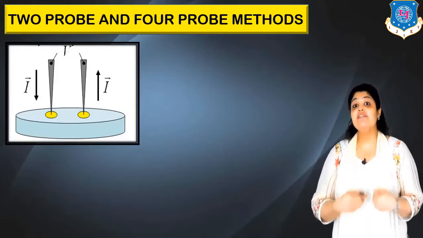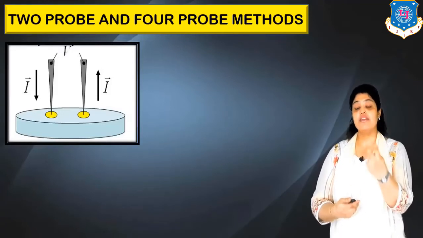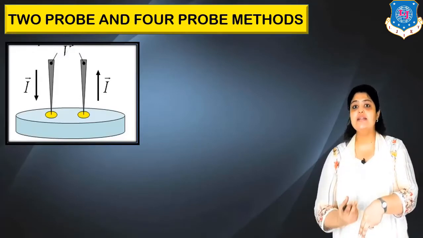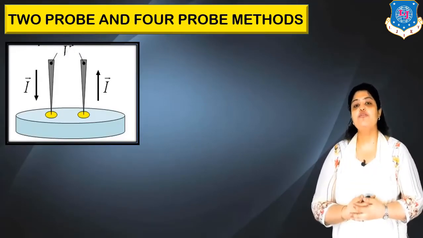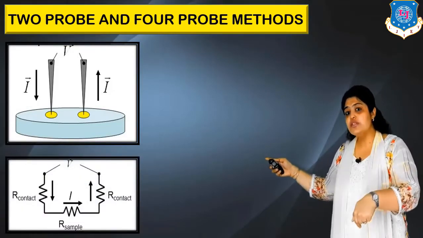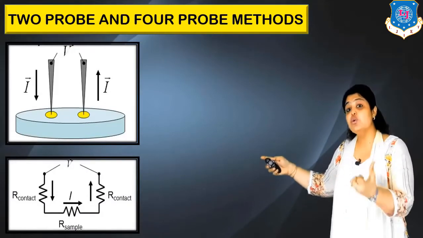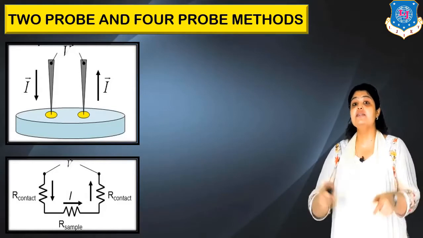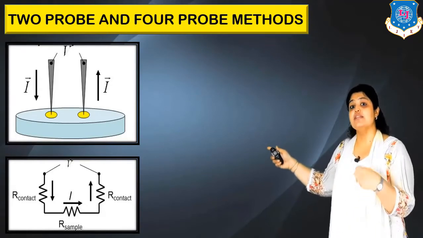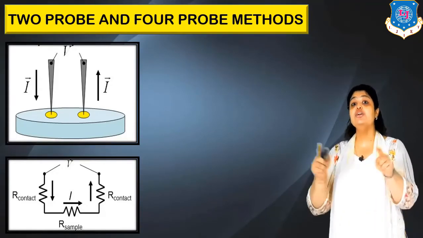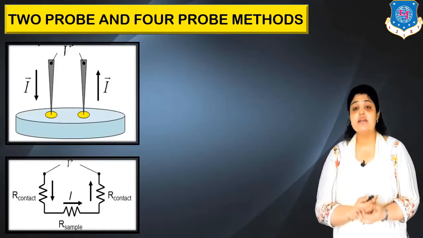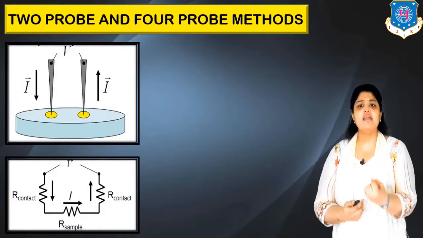Now what happens while we use the 2-probe method: we have a set of two cables. These are the two cables which are used to supply energy, and these are the two cables which will measure the value of voltage. What happens in this type of measurement is that the current which is being input and the current which is being output also include the resistance of the sample as well as the probe resistance. So the probe resistance, that is the contact resistance and probe resistance, is added on to the reading which we are actually measuring. This is okay if you are measuring higher values of resistances, but sheet resistance is a property which has a very, very low value.